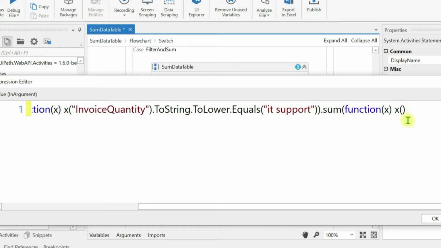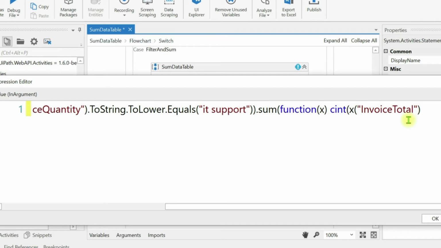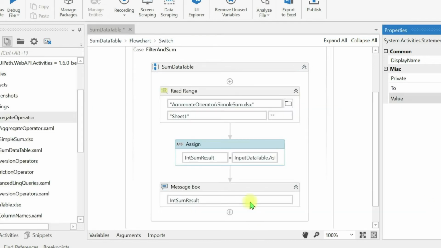So x, now we are going to convert this to integer. Invoice total. Okay, now we will get the same result.